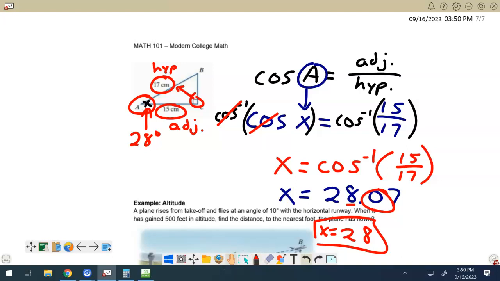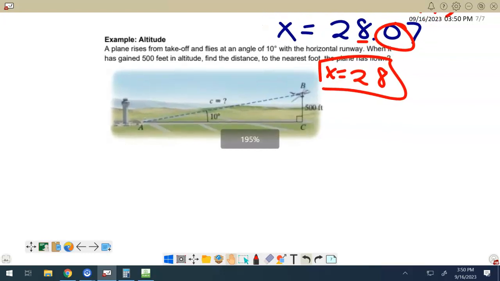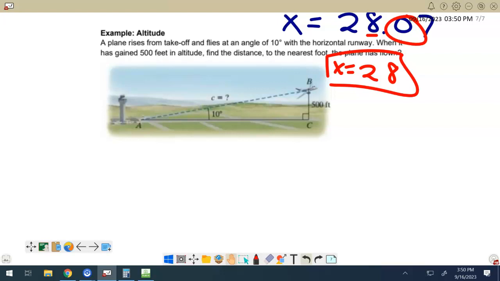Okay, let's take a look at this last example and then we'll be done. A plane rises from takeoff and flies at an angle of 10 degrees with respect to the horizontal. So I think they're missing a word there. It says a plane rises from takeoff and flies at an angle of 10 degrees with the horizontal runway. I think that they left out a phrase there. It's with respect to the horizontal runway. When it has gained 500 feet in altitude, find the distance to the nearest foot that the